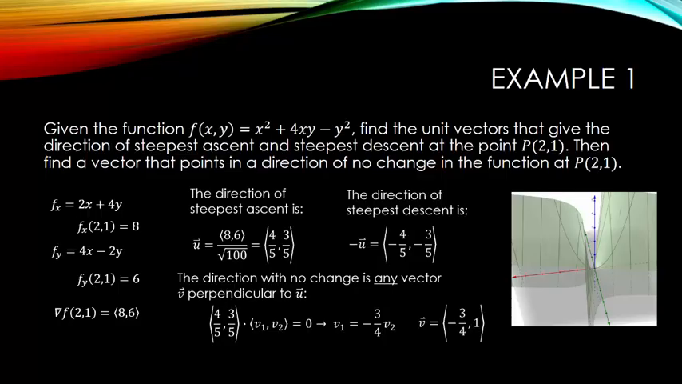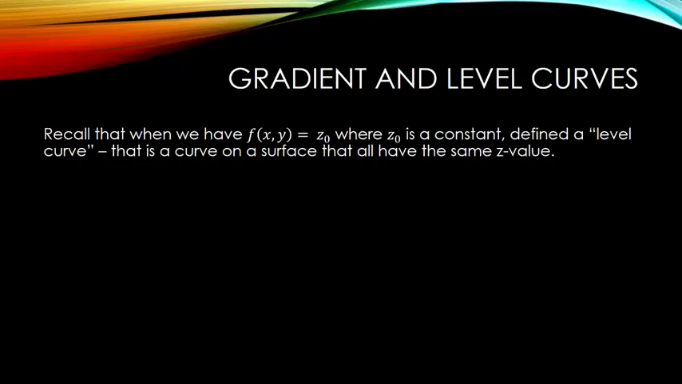But keep in mind, any vector perpendicular to my unit vector will work. So I could keep it very simple by just using the vector with components -3/5 and 4/5. Two different ways to come up with a vector that is orthogonal to u here. Once I have this vector identified, then I have a direction in which there is no change in my directional derivative. Now remember that when we have f of x is equal to z0, where z0 is a constant,